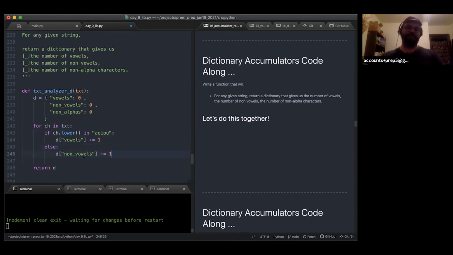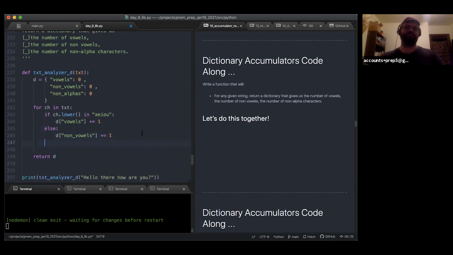And then non-alphas are going to be, I think we can just do if ch dot isalpha. Oh, what am I doing? If ch.isalpha, and we can say not. Then